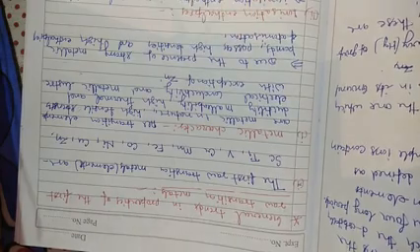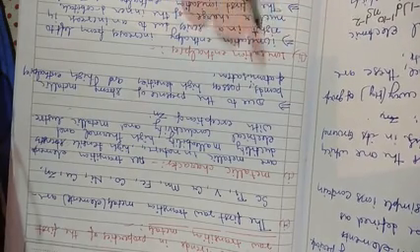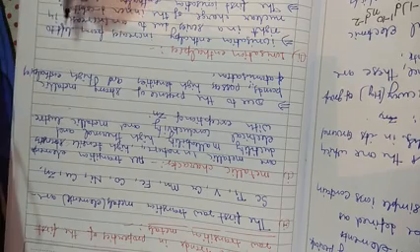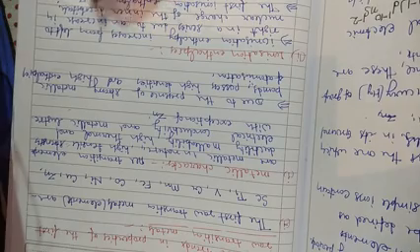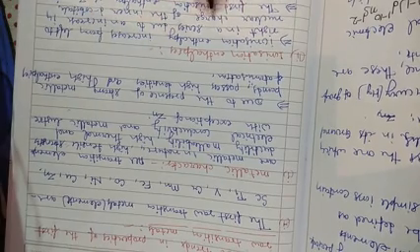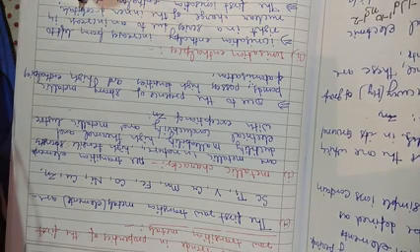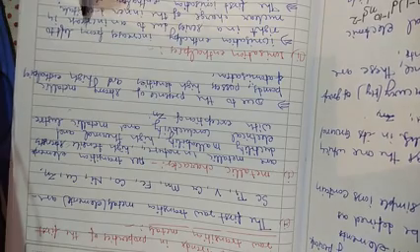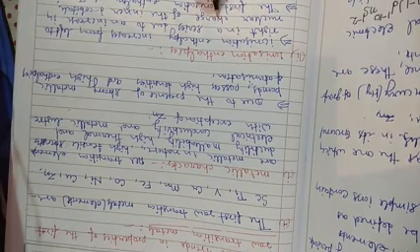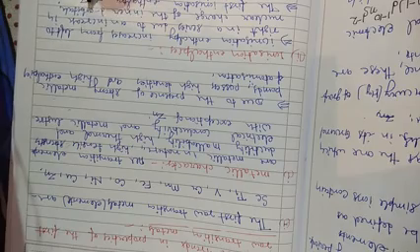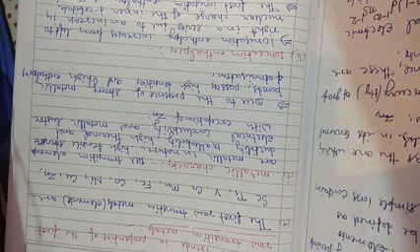Okay students, then we talk about the next property, ionization enthalpy. Generally, ionization enthalpy increases from left to right in a series due to an increase in nuclear charge of the inner d orbitals. Why? Because of the increase in nuclear charge. If you go left to right, the number of electrons increases one by one.